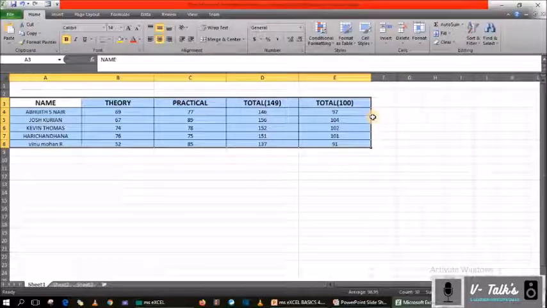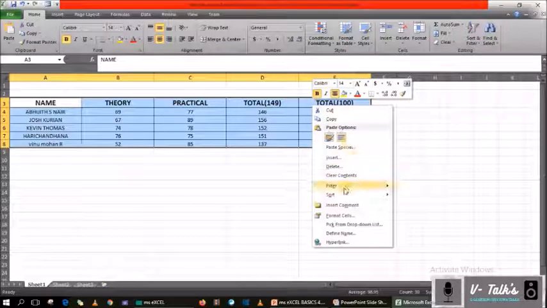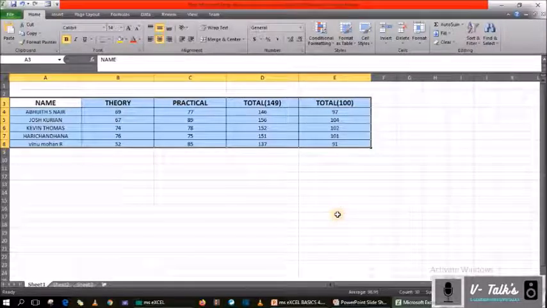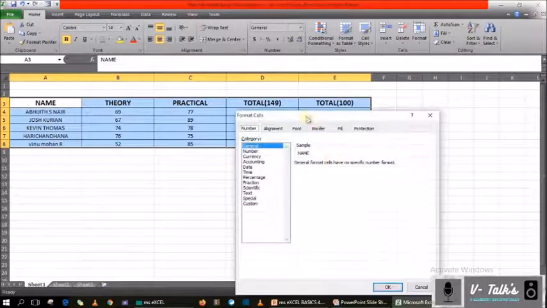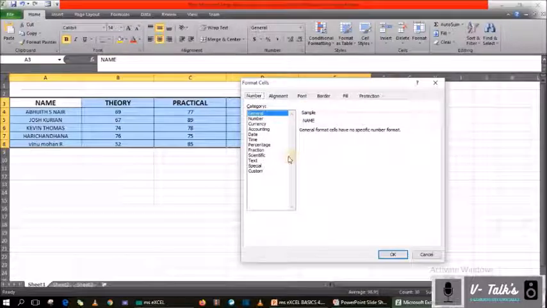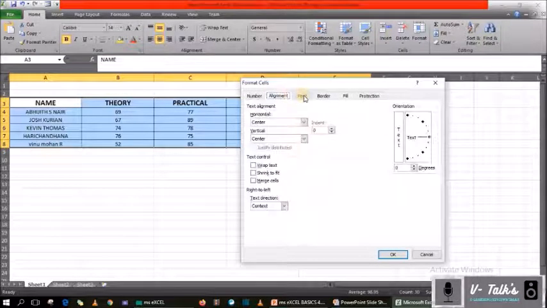And for row height and column width, another option is also there. For example, after selecting it, you can right click the mouse, you can see here the Format Cells option is there. Directly you select, a box will come, and from here